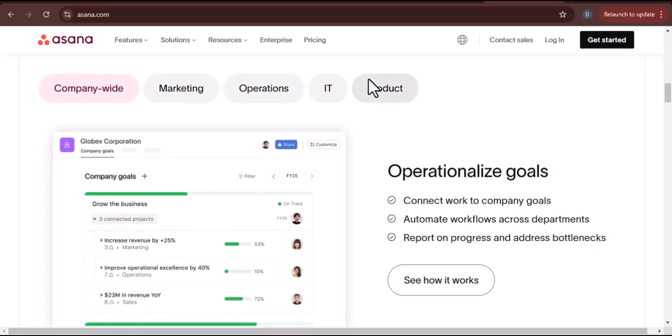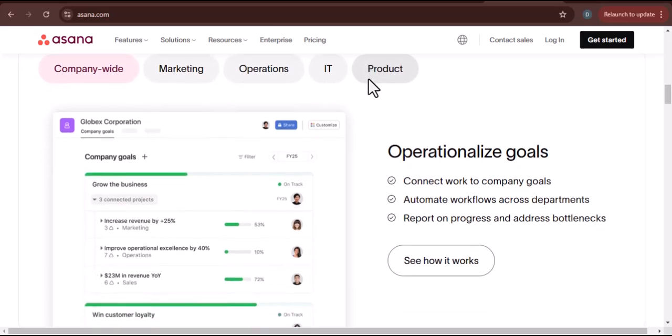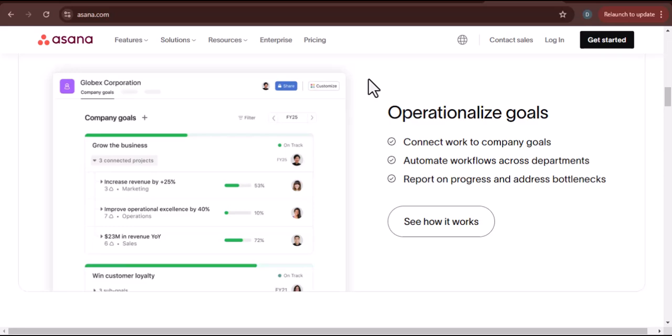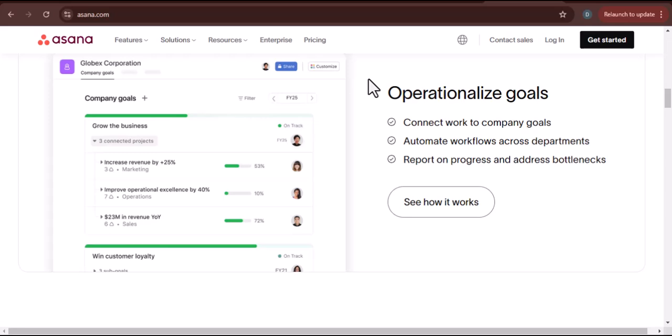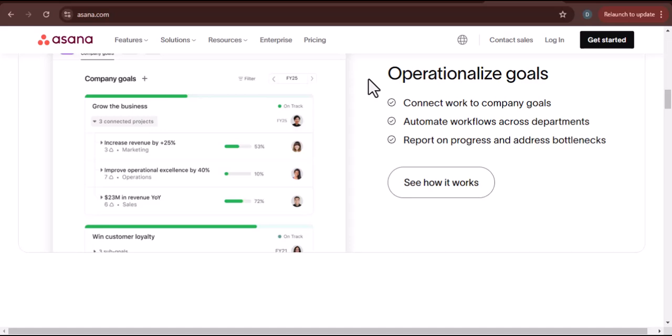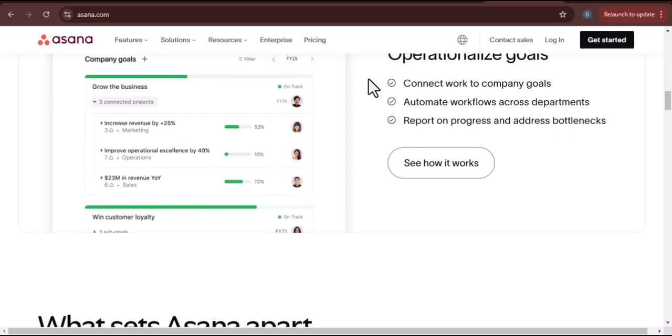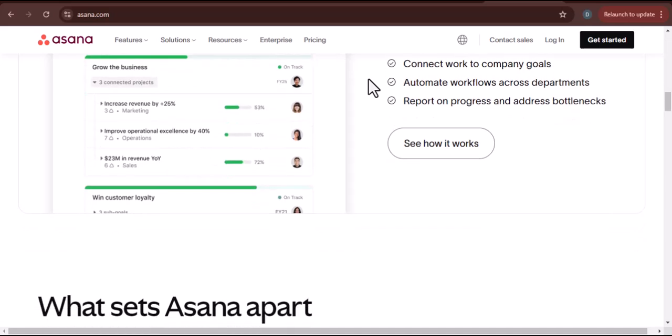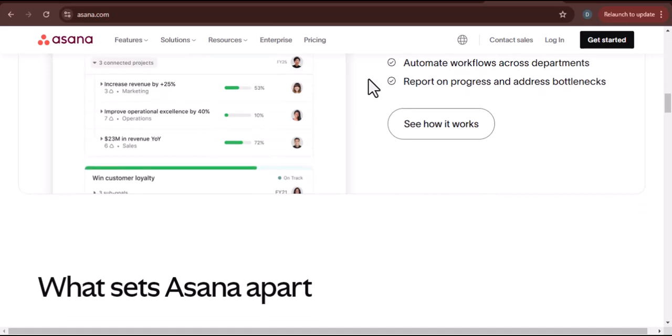And amidst all this, the need for seamless scheduling is paramount. Think about it. You're building a campaign, collaborating with a team, designing graphics, writing captions. It all needs to come together at the perfect moment. So, logically, you'd wonder, can my project management hub also be my social media scheduling savior?